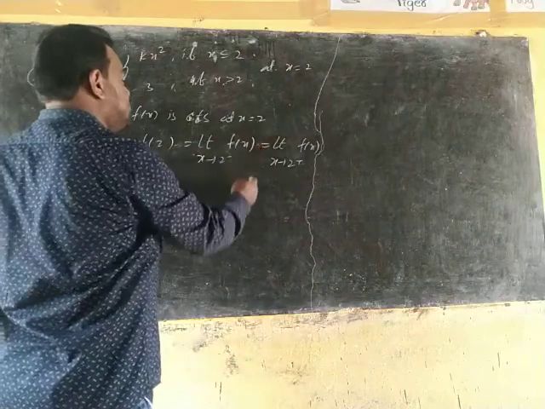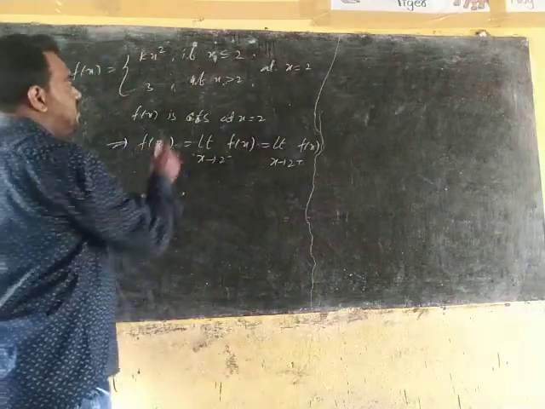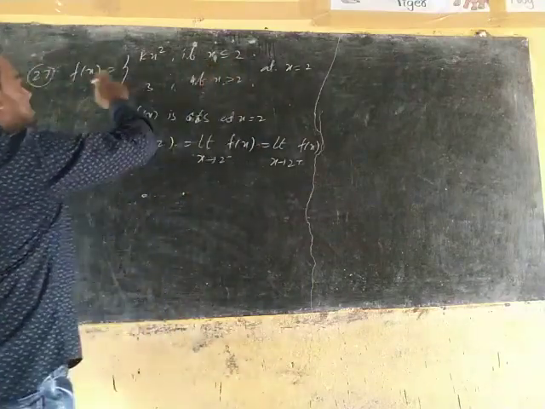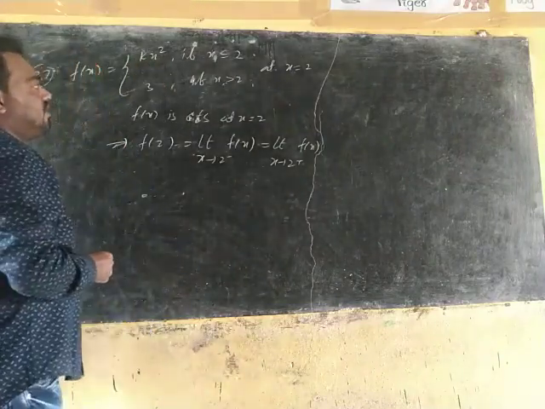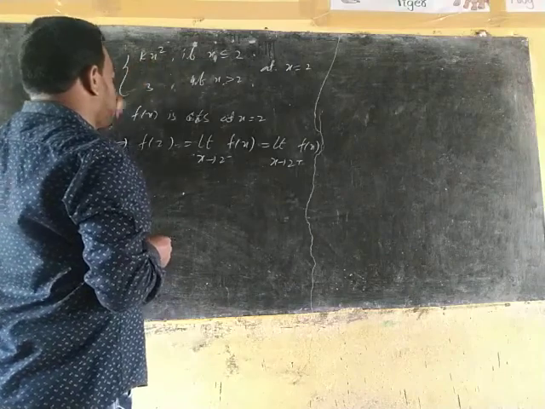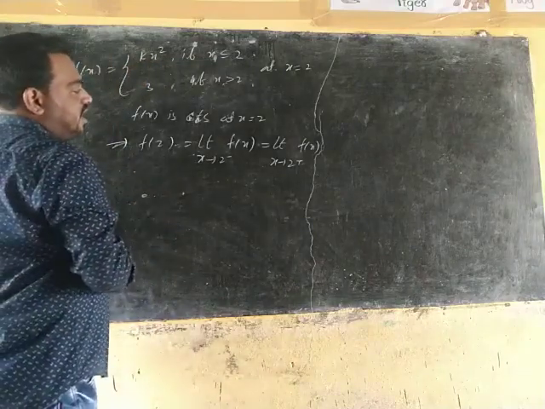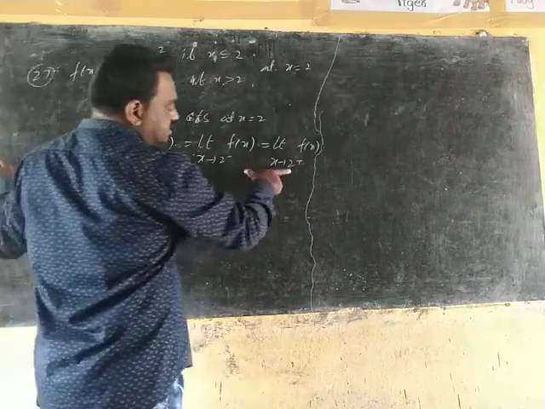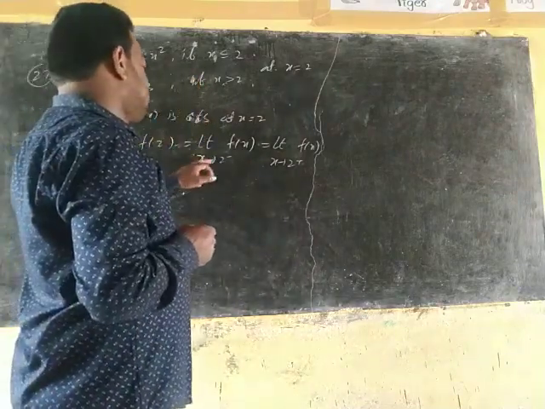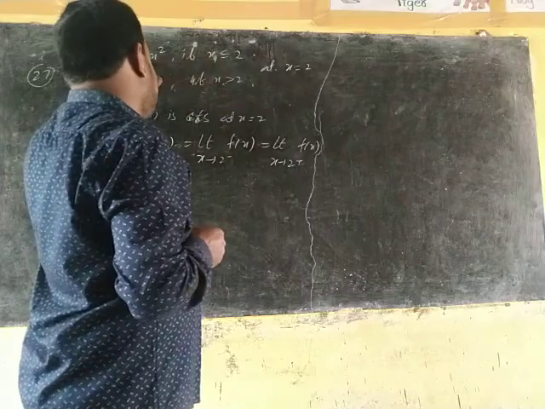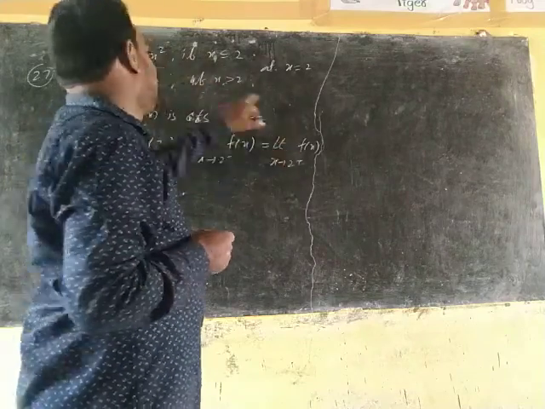So I am taking these: f of 2, when x equals 2, f of x is equal to kx square. Then the f of 2 value is k into 2 square. Understood? Otherwise, you take this equality: limit x tends to 2 minus, the function you take as kx square, and for 2 plus you take it as 3.